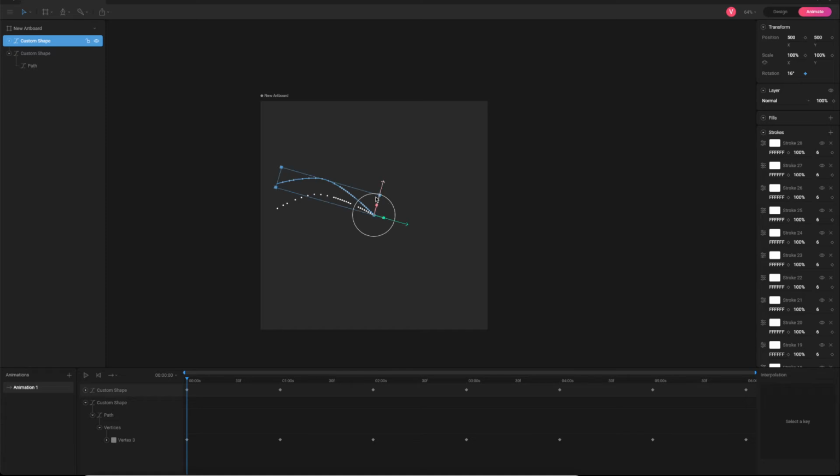You can increase it by 15, then 15 and 15 makes 30. Copy again, make it 30, then 45, 60,